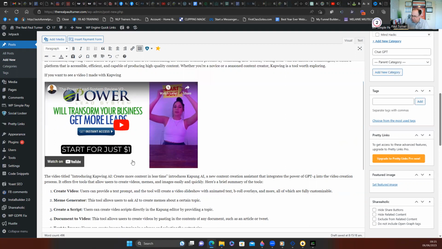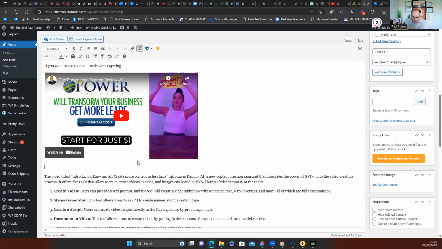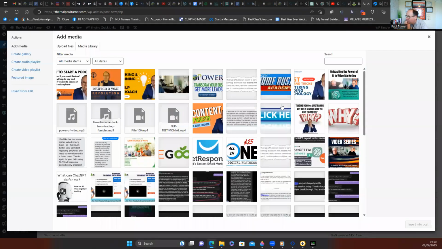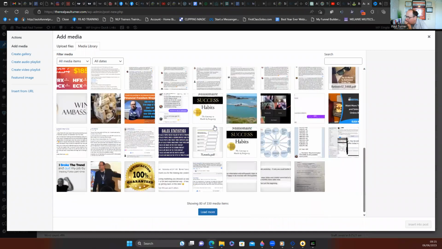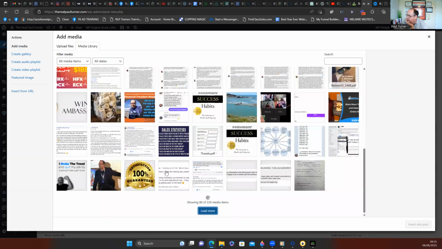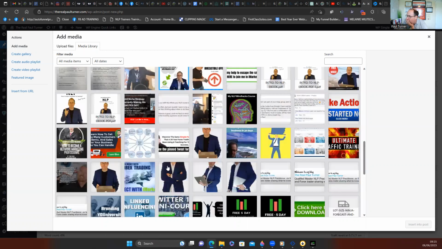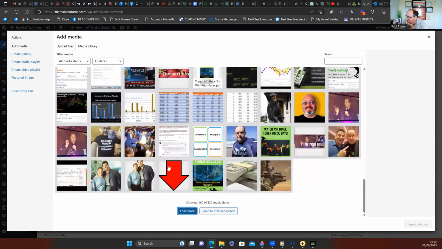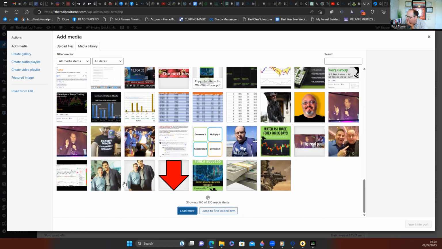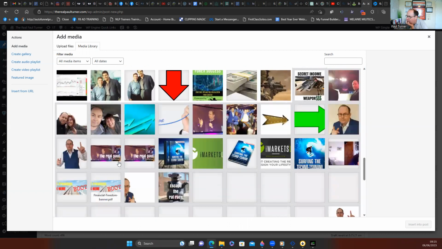So we're going to add media. I'm going to put a $1 trial. I think I've got a load of click here buttons in here somewhere. Let's see what's suitable.